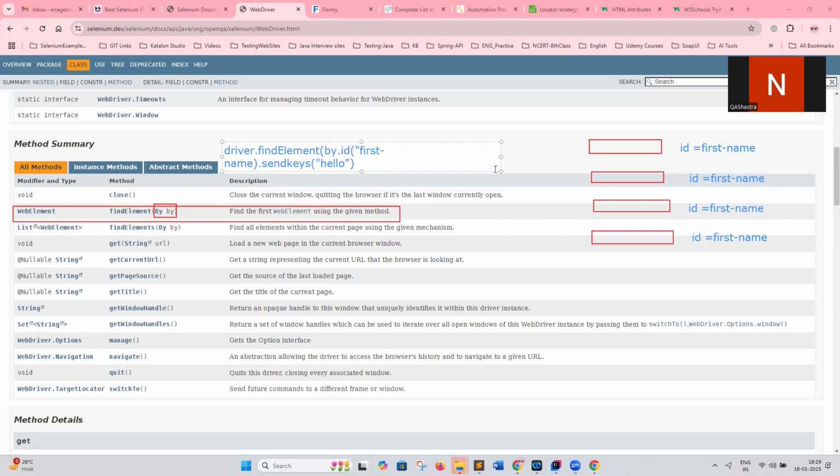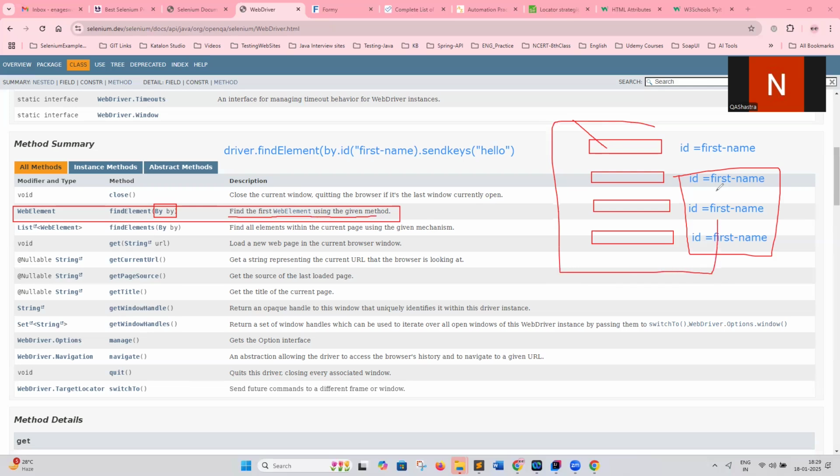So what it does is Selenium will perform only on the first. It will identify and enter the data into the first text box only in this web page. Even though we have other same locators, it will not go and find them. Okay, so that is one: find the first web element for the given method. This is a page, for example. In this page, the same text box, these are four text boxes, and all four contain the ID equal to first-name. Even so, the first text box will be identified and they enter hello in that text box,